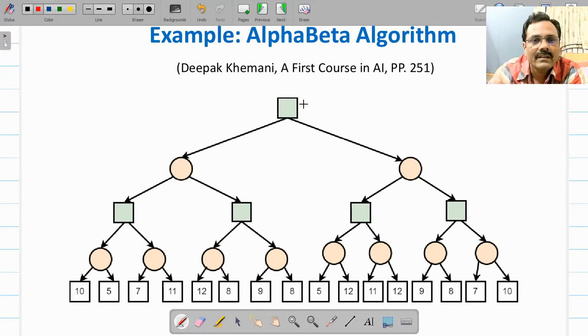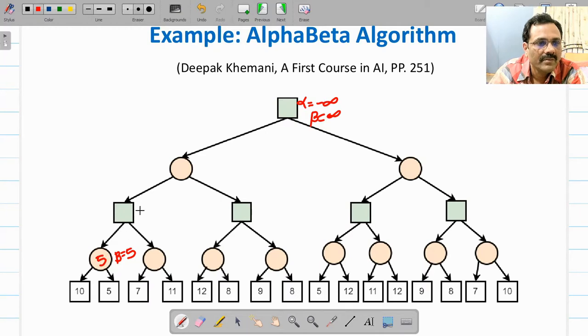So we assign initial values of alpha equal to minus infinity and beta equal to infinity in depth first search manner. In a similar way we will come to this first min node. The min node will assign the value of beta. So here beta will be 5, the lowest value, and the value of this node will be 5 because it's a minimum node.